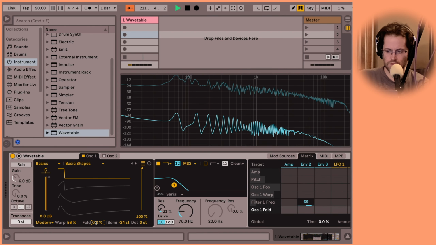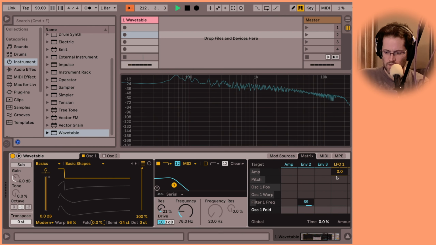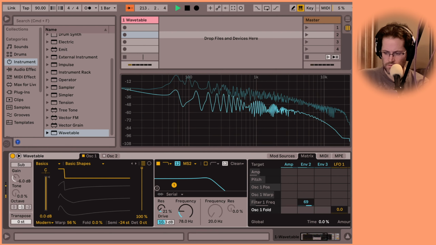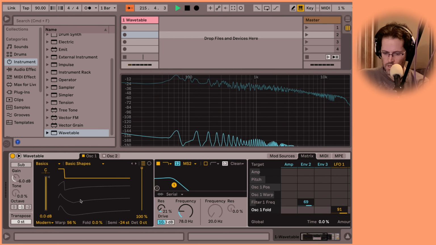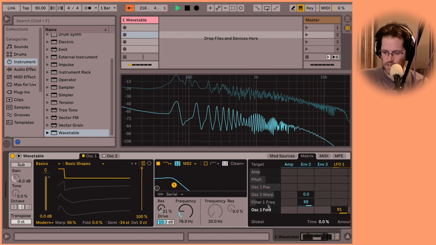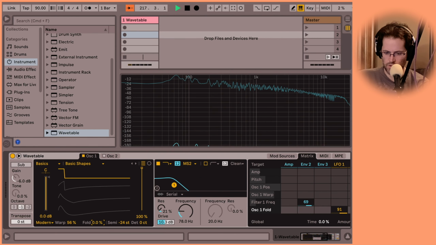But another thing you can do is you don't have to use an envelope, you can use the LFO. So let's add the LFO to this fold amount. Ready? Let's start adding it. Wait, is it not going to move it? Normally it moves it, but I don't think it's moving the fold, otherwise it would be doing that. But hold on, it doesn't even sound like it's changing the sound.